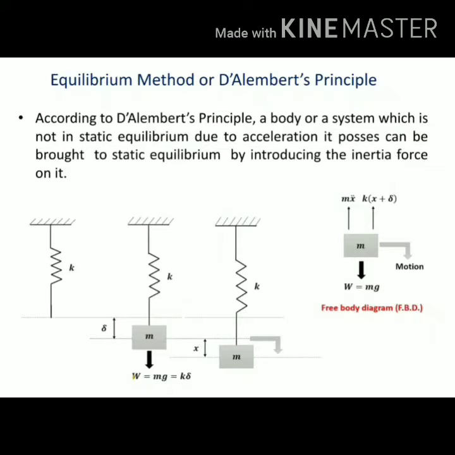And if we give the initial disturbance to the mass, it will displace by x from the mean position. So we draw the free body diagram of displaced mass. We see what are the forces acting on the mass. It's gravitational force in downward direction, then inertia force opposite to the acceleration, that is mass into acceleration in upward direction, then spring force, the stiffness into total displacement, that is x plus delta.